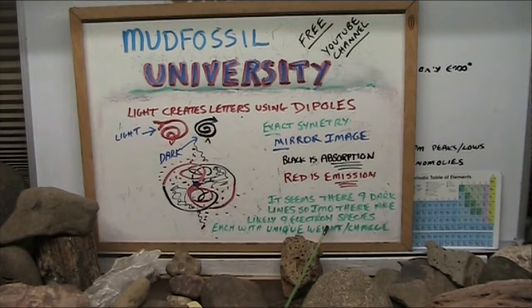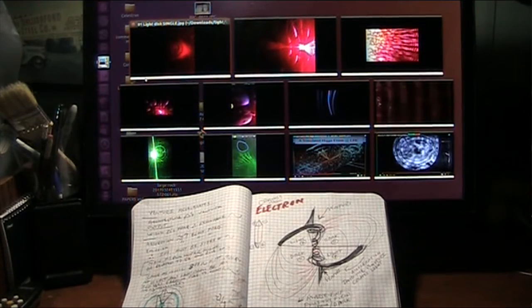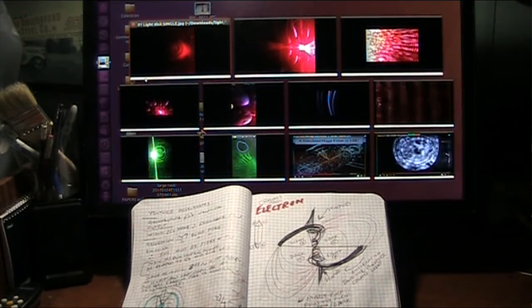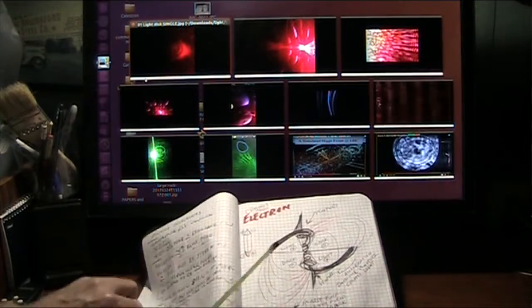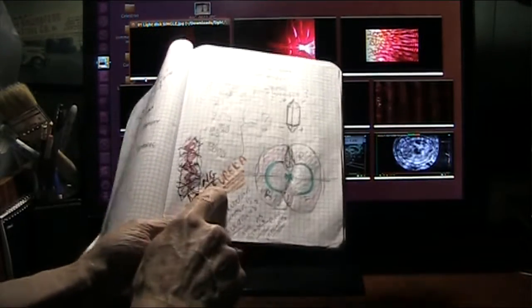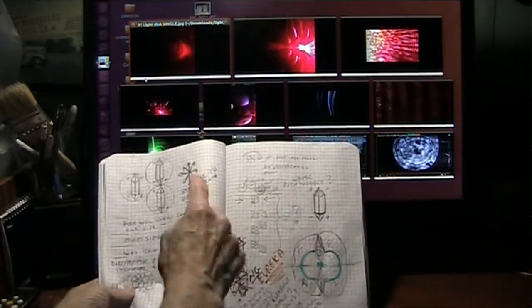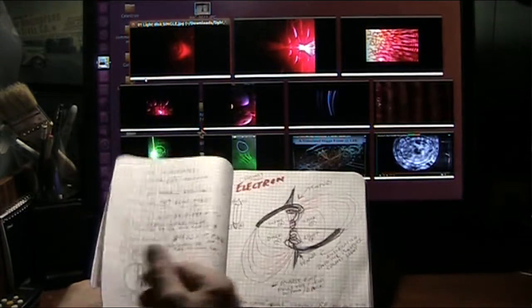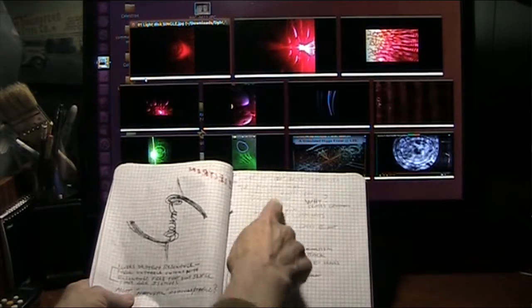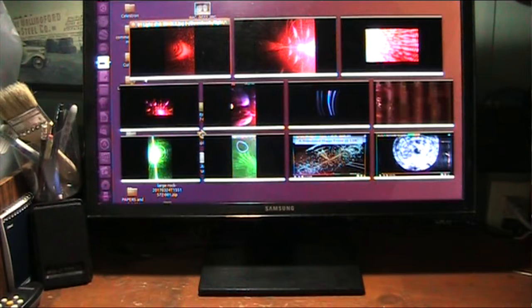So let's go look at the experiments. Now we're going to go into the experiments. Like I said, this is the hardest thing I've ever had to do, and I've been working on this a long time. I got a couple little Wile E. Coyote diagrams to show you about what I think is going on with light, and I did have a eureka moment, and we will be going through all of that. I'll go through all of this briefly, what I think is going on, and why I say these things. So let's start off with the experiments.